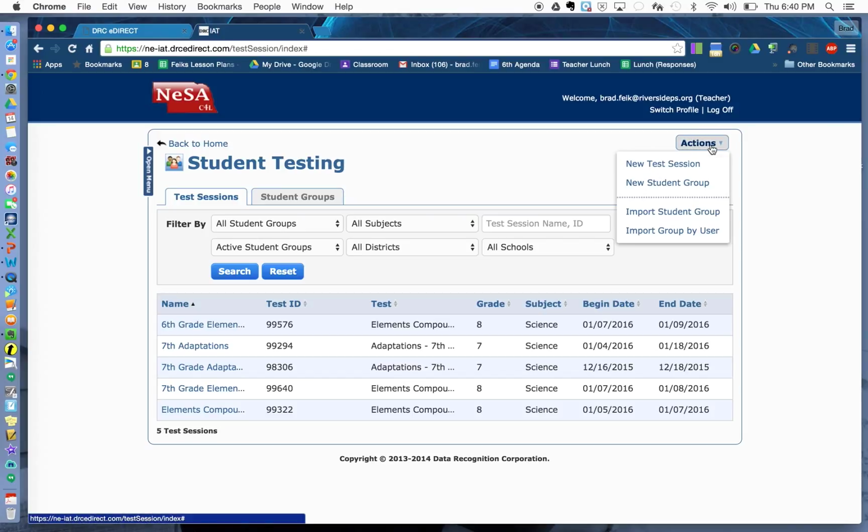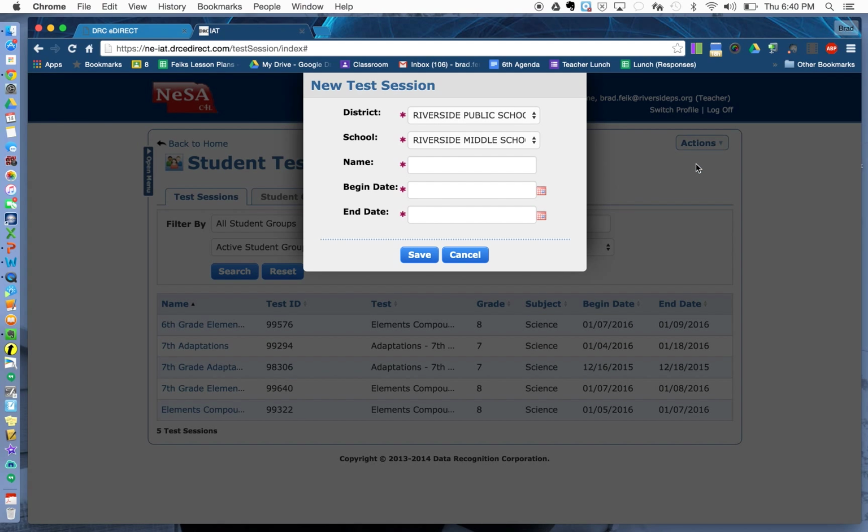And we're going to go up here and click Actions. And we're going to hit New Test Session. And that's what allows you to assign the test. And once again, it's going to bring up the test session and whatnot. So I'm going to name it 7th grade